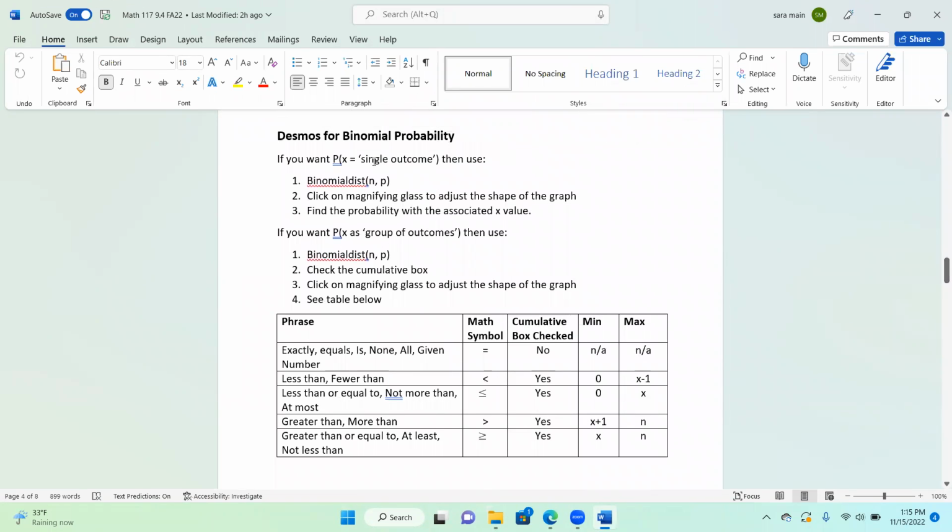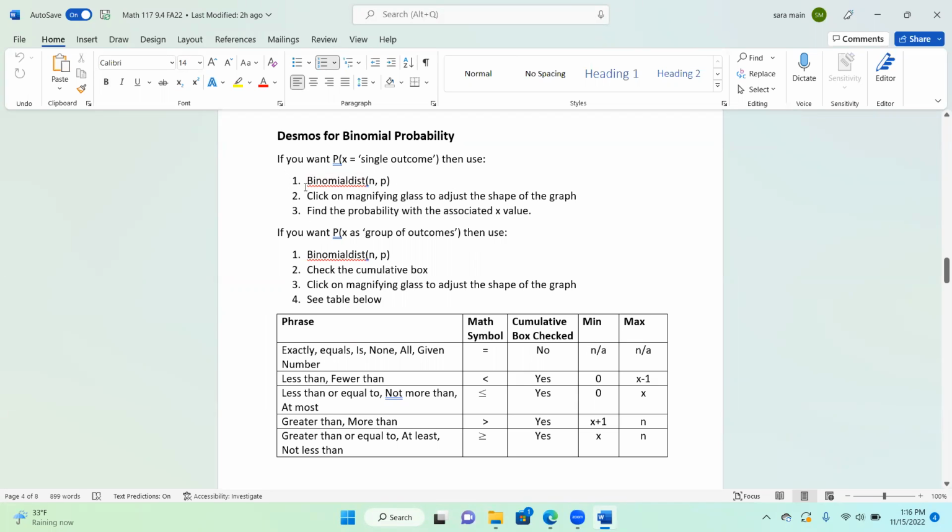So if you are looking for an exact equal to outcome, the phrase down here in the table might be exactly or equals or is, none, all, or a given number. And we're going to use the equal sign as our math symbol. Then you do not need to check the cumulative box, and you don't have to worry about the min or the max. You're just going to follow the